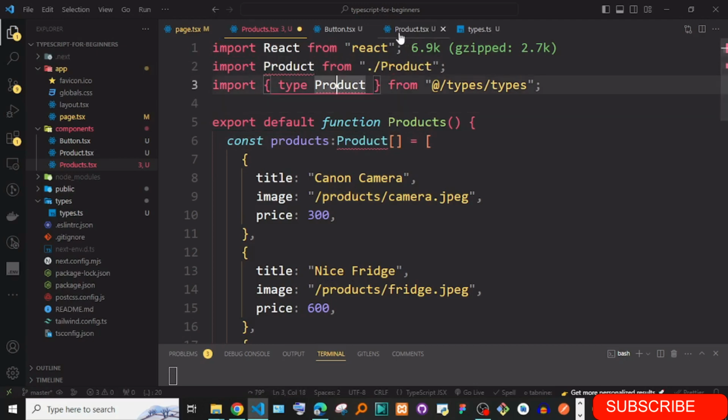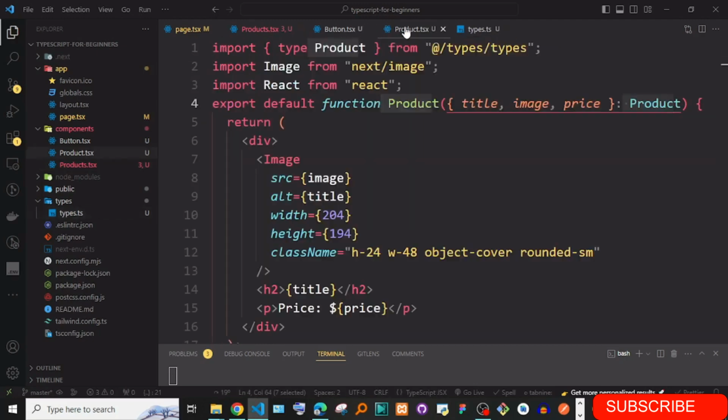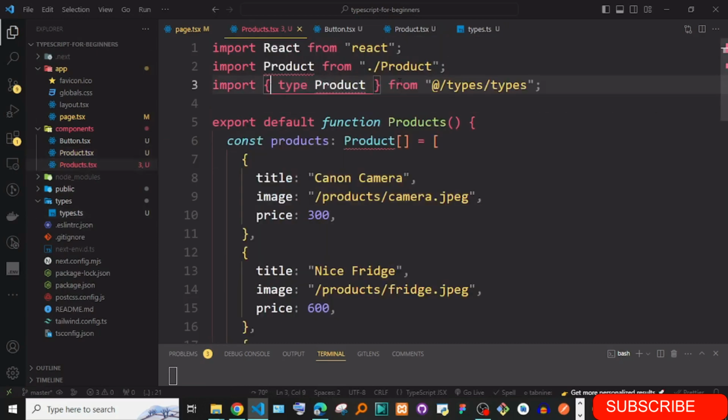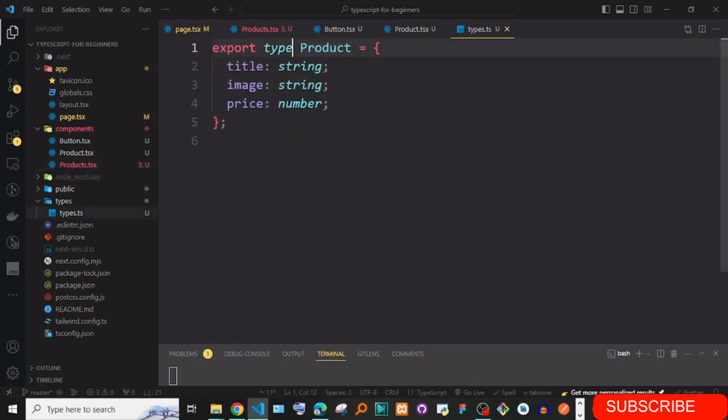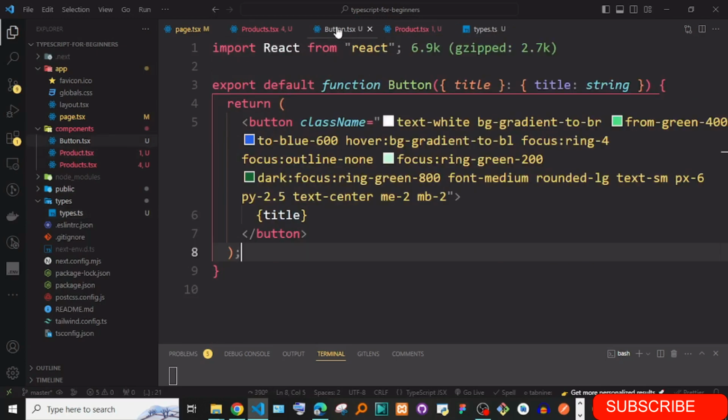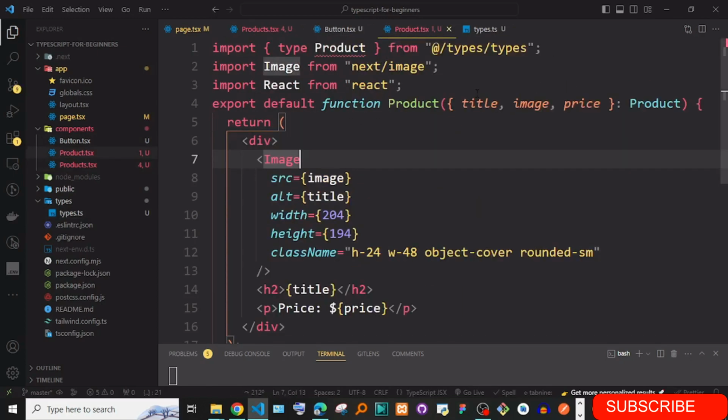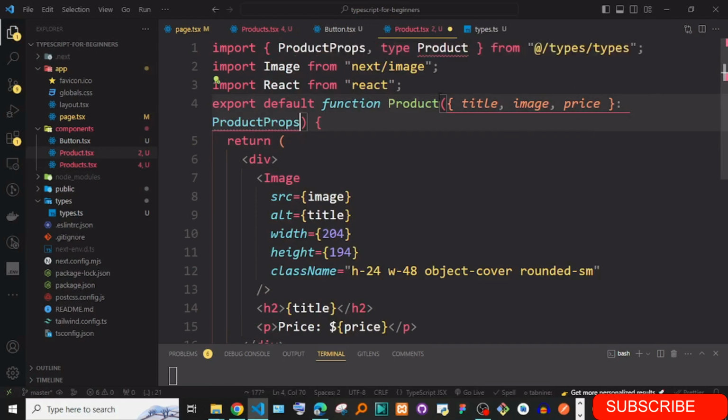So what we can do is, and this is, by the way, good, because sometimes you have this kind of problem whereby your types have the same names, and they can't allow you to do that. So the good thing, you could always say product and then add props. Okay, you add the word props, so that if you come, for instance, here in the product, just come and say here is product props. Okay, of course, remove this,